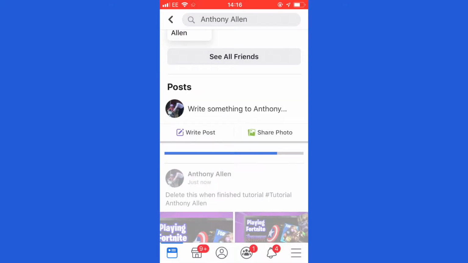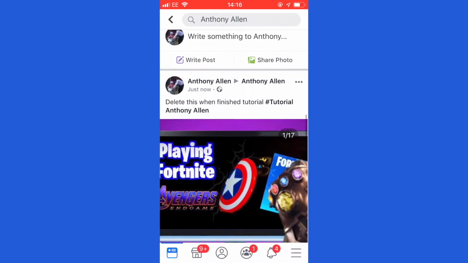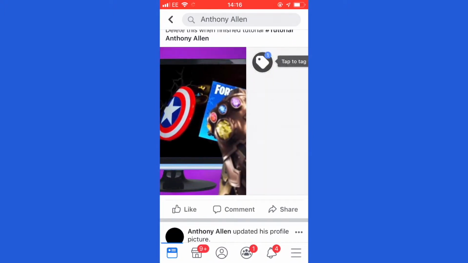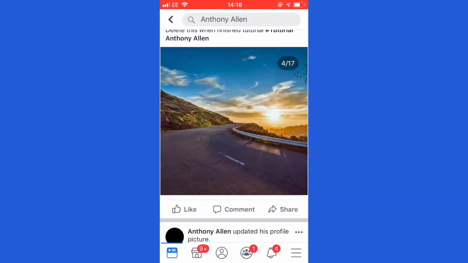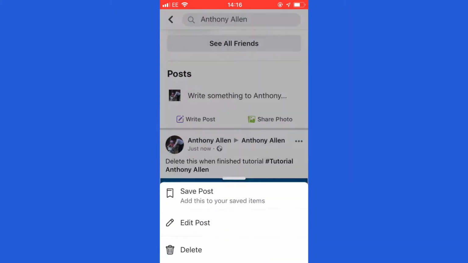I'm not sure why, but no worries, because on the desktop mode there is another method where you can decide who sees the post. If you've made a mistake, you can actually rectify the mistake. As you can see, I've got all the pictures there. You can rectify the mistake by clicking the three dots next to the post, and then you can click edit